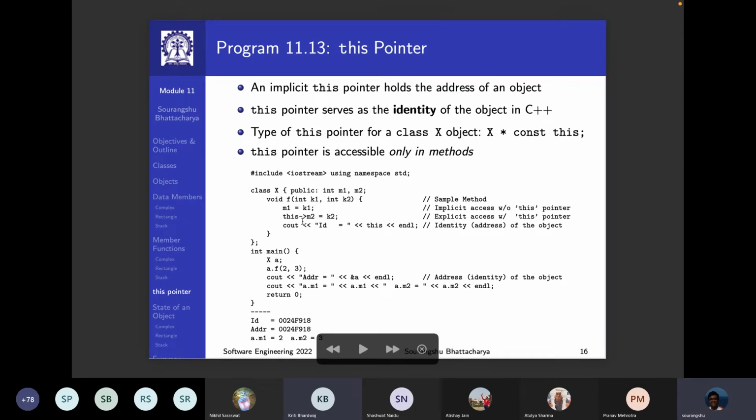So now, here is a small example showing that this pointer actually has the address of the object. You have this member function f. You have a class which has 2 integers, and then member function f, which basically sets the 2 integers, and also prints this pointer. Now if you define an object of type X here, and then you set the f value,